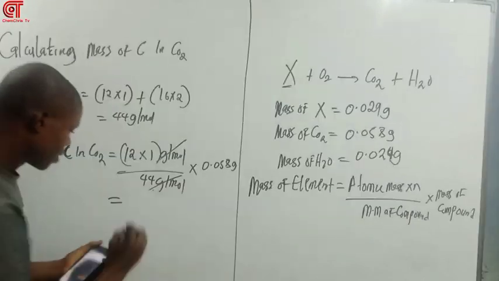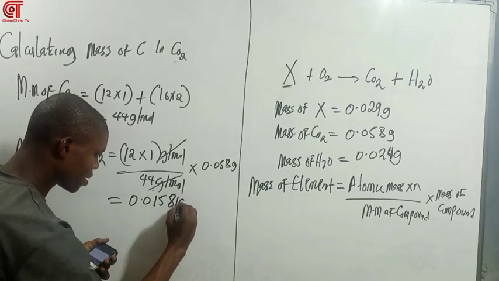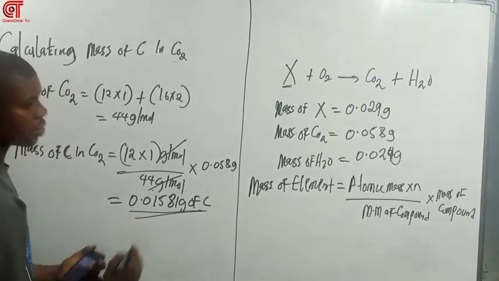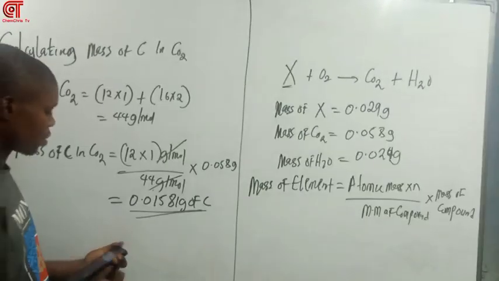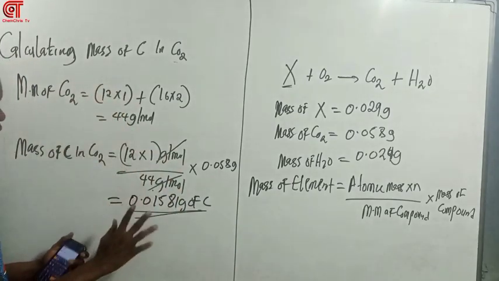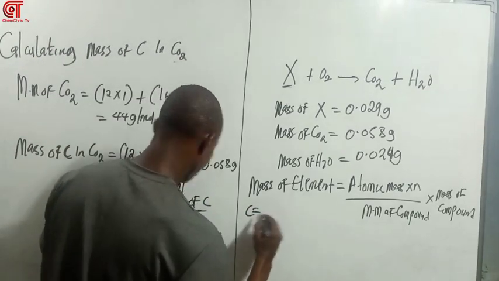So you are going to have 0.01581 gram of C. So that is my mass of carbon here, 0.01581 gram. So we just put this on here. Carbon equals